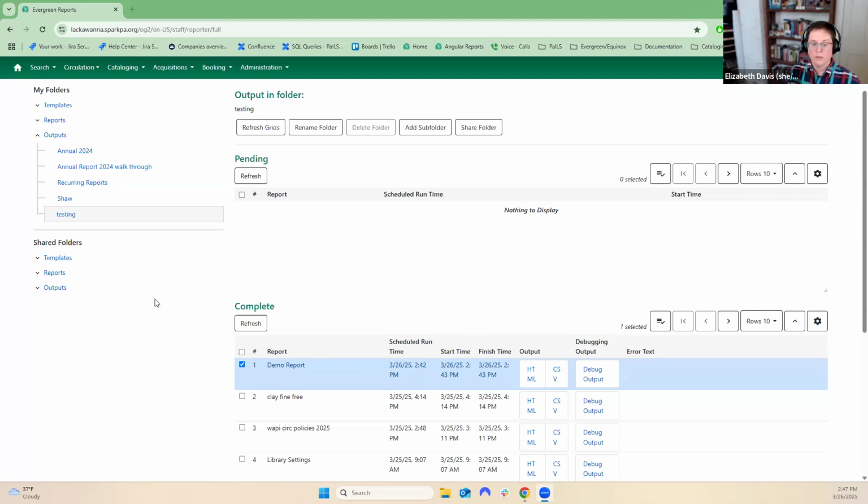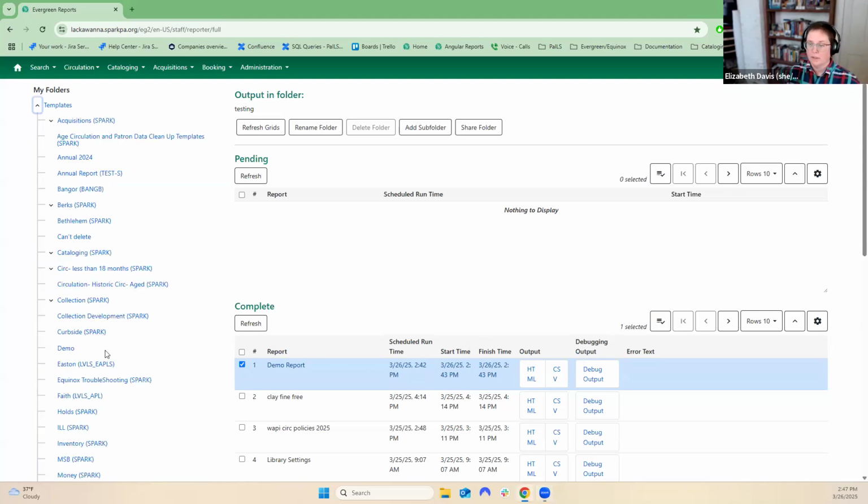Okay. Let's go through one more. We'll edit another one. Just a note about circulation reports. We do something called aging circulation after 18 months. So if you're looking for circulation numbers within the last 18 months, you can use the general circulation source. If you need things that are older, like a mix of this year, last year, and the year before,